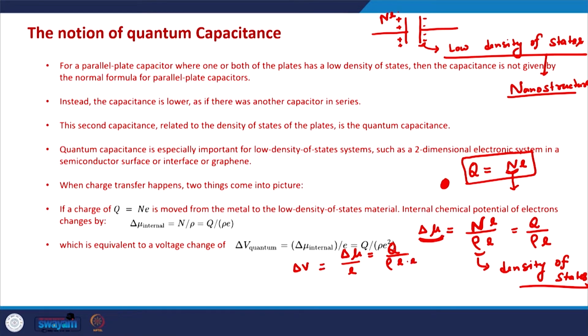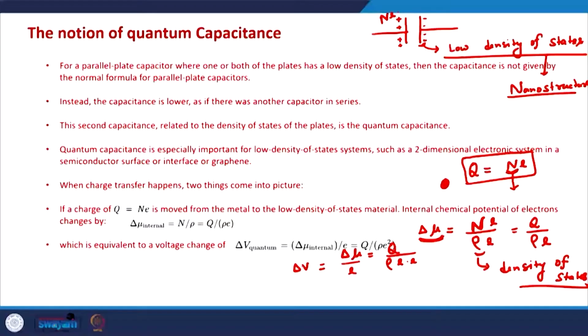And please be careful that we are just considering the change in the potential, or change in the Fermi level, just due to the change in the number. We are not considering the electrostatic part here, we are just considering the number part here. So this change in the Fermi level is equal to